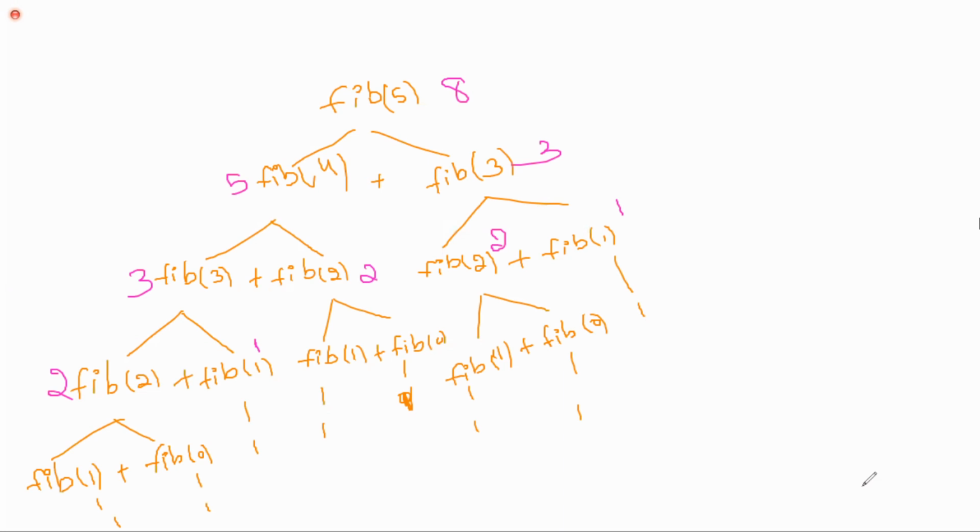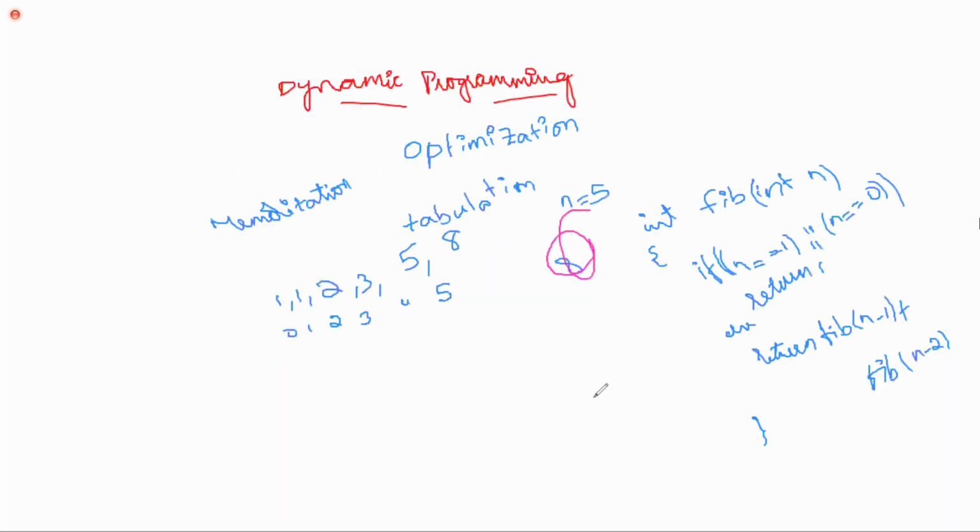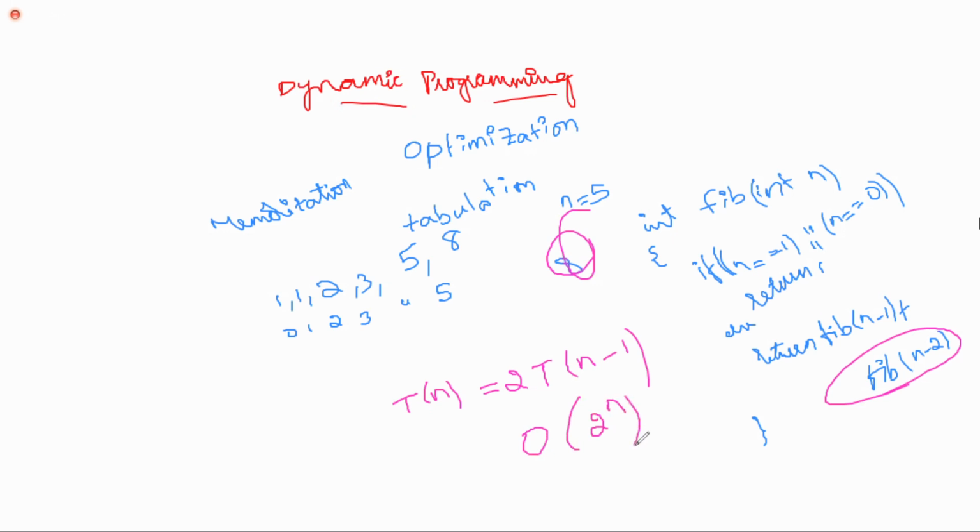See, in the algorithm part, if you consider how much time it will take, if I write the recurrence relation for this, T of n is equal to, assume this is also the n minus 1th term only, because n minus 1, n minus 2 means only 1. So can I write this as 2T of n minus 1? 2T of n minus 1 means at last you will get big O of 2 power n. 2 to the power of n times you have to execute.